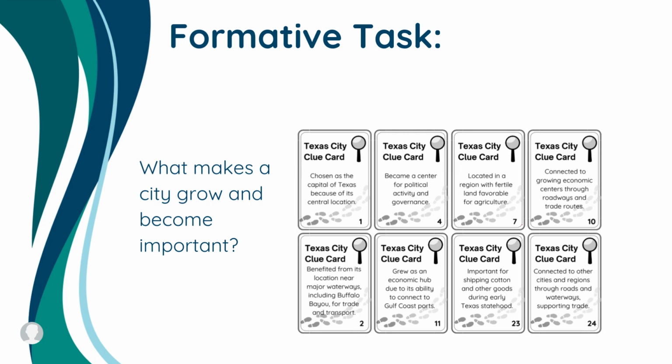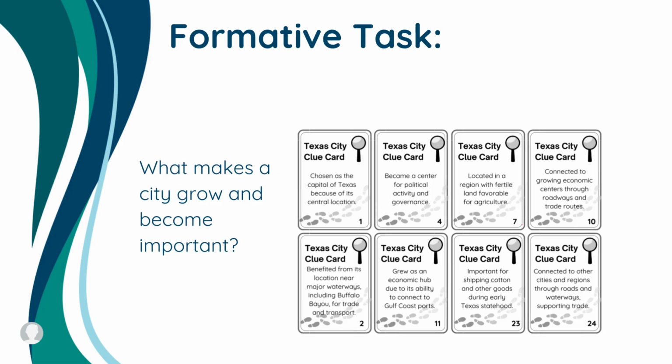You'll also need to provide a reference map of Texas showing the major cities, and students will work in pairs or small groups to sort the clues into the correct cities. And they'll reference the map to confirm locations as they sort. Be sure to review this as a class and discuss why each city grew and how its location and resources